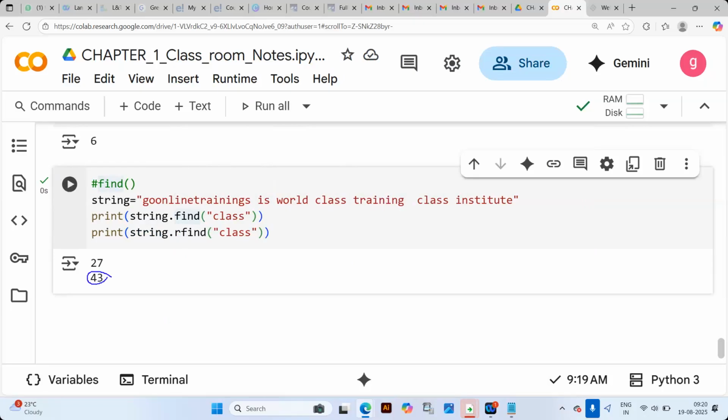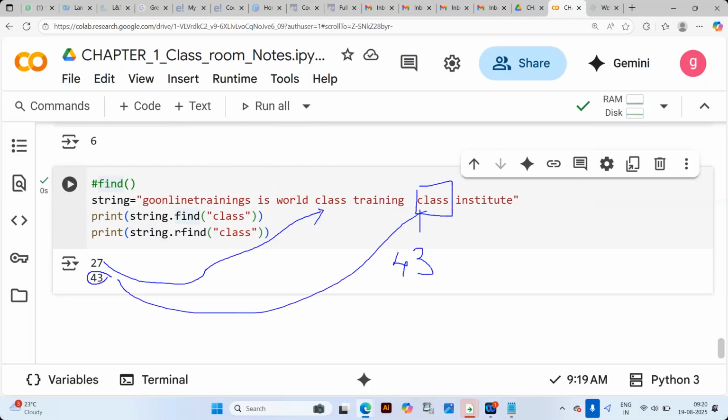The rfind function searches from the bottom to up. This particular class starts at index 43, therefore it gives 43. Here you used find, and here you used rfind. Find goes left to right, but rfind comes from the bottom to up, not top to down.